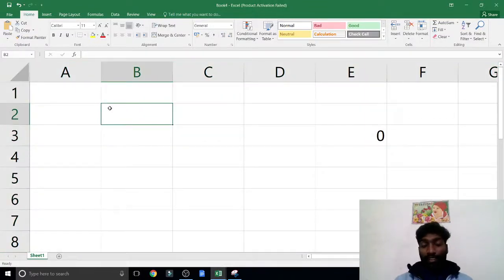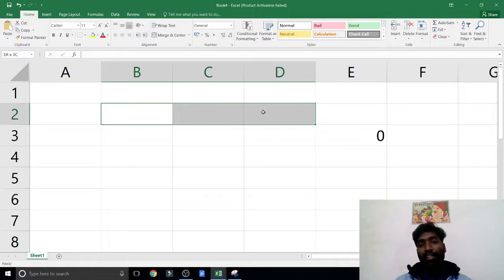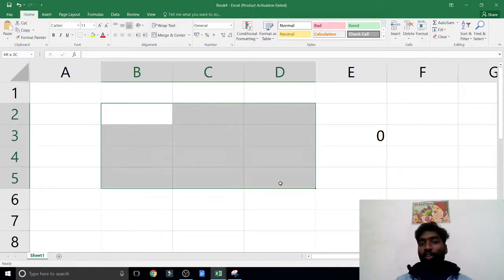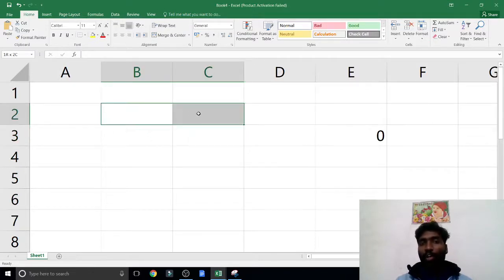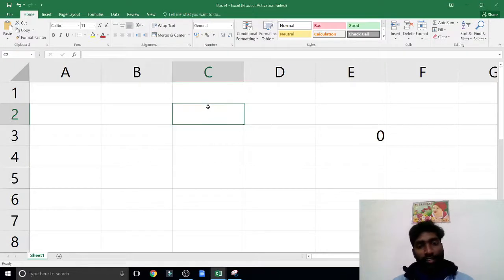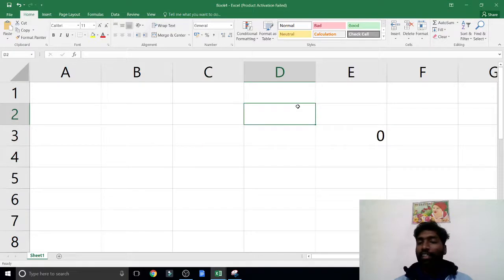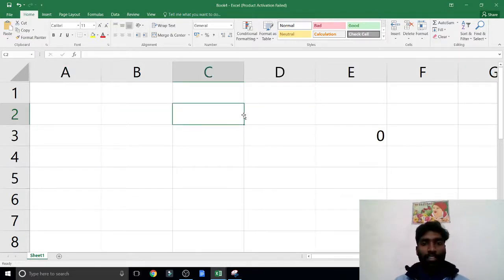And my dear, the thing is, a continuously selected row or column is called a range. Range means two or more cells are selected together or joined together. So this can be a range. But one cell here, one cell here, one cell here can't be a range. A continuously selected cell group is called what? Range.